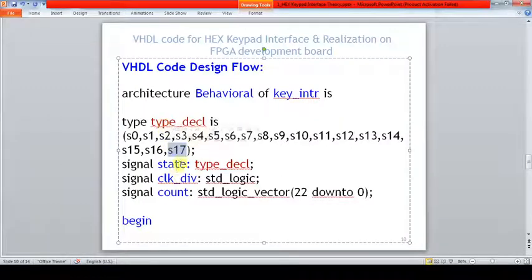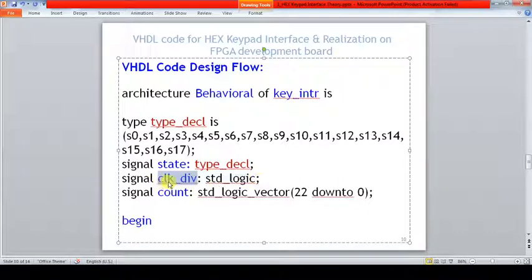But to use that data type we need a signal, and that signal name I am giving as state with data type name type_declare. So this is called an enumeration or enumerated data type declaration. As well as, whatever operation we are going to observe, it is on the 12 megahertz clock. On our development board the clock frequency is available at 12 megahertz, but if you perform all the operations on 12 megahertz, we cannot observe the exact particular value on the 7 segment display. So for that purpose we are dividing our clock a little bit.